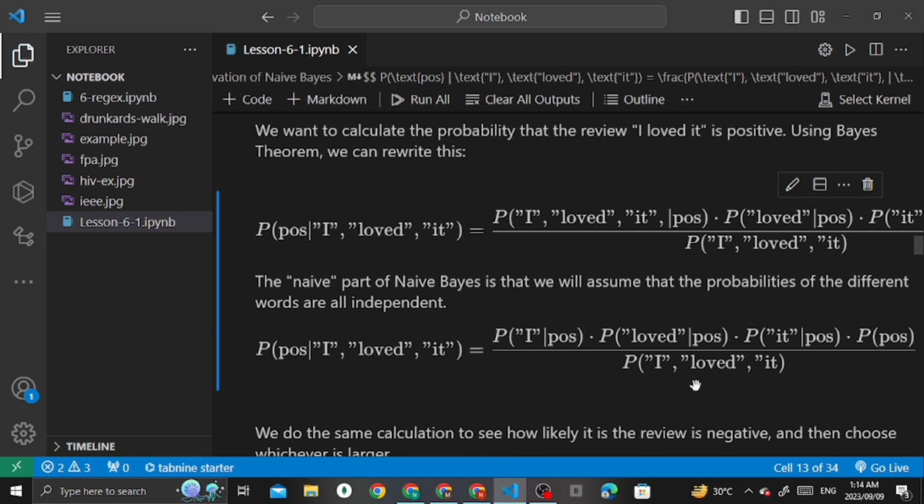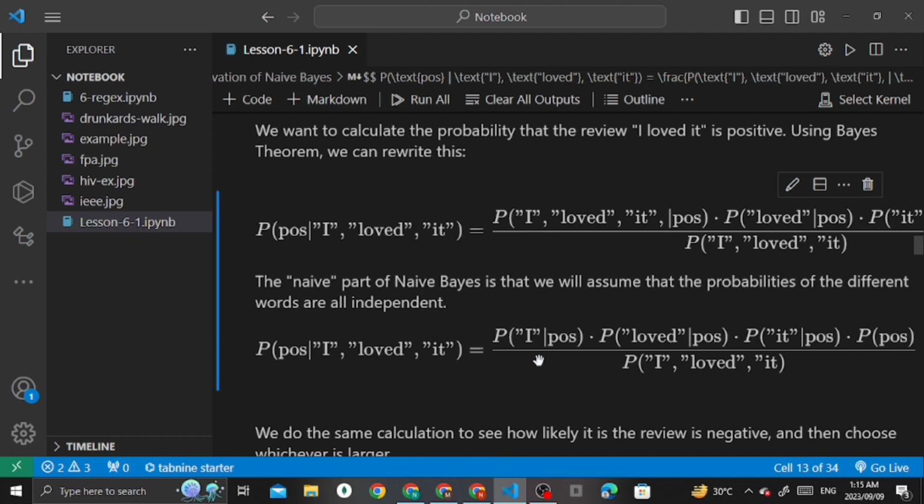Okay, that's very simple. So we will do the calculation of what's the probability it's negative, and then we will see which is more likely. Here we had just two classes of interest, but you could be doing a classification problem with more than two classes. It is not fixed to two classes.